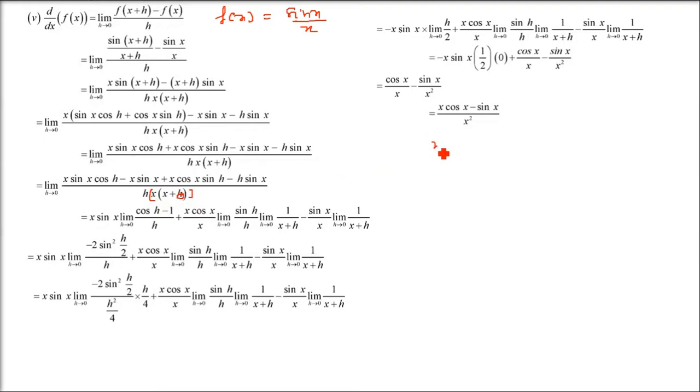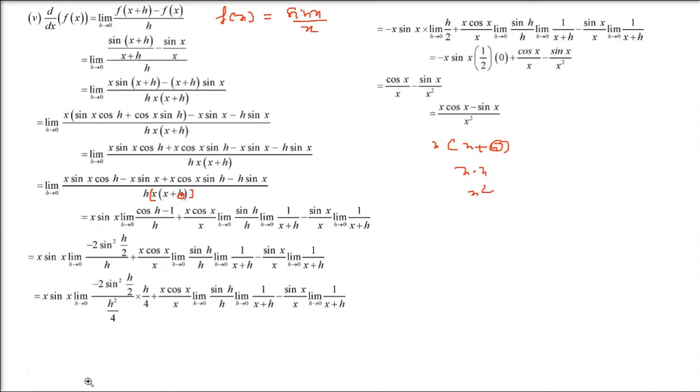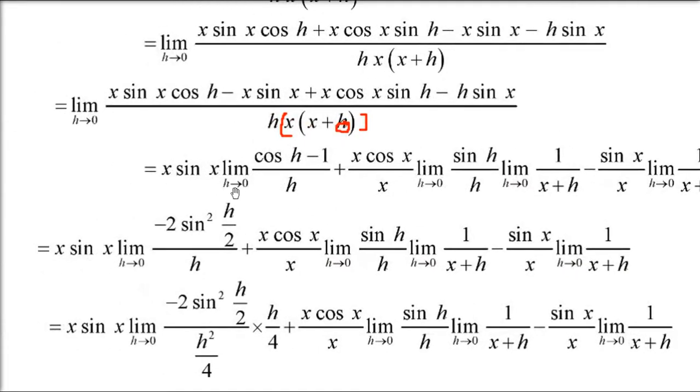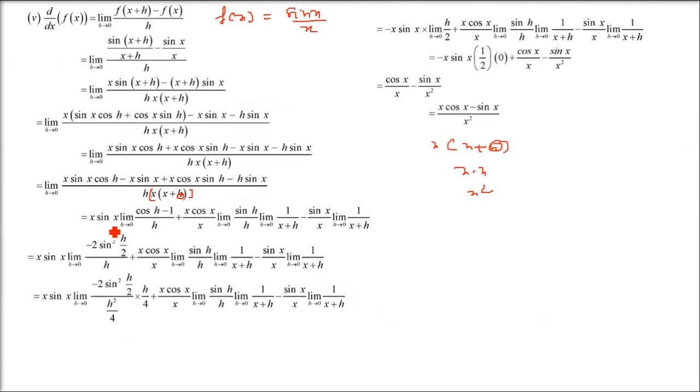I am just applying the limit for x plus h. h is 0, so x square will be there in the denominator everywhere. I'll deal with the first one because we know that it will eventually be 0, because (cos h minus 1) by h is going to be 0. We have done the question like this. You just assume that we have x square in the denominator. Now x cos x by x, the x we have utilized. Now sin h by h, that h also we utilized. Then 1 by x plus h, just take it, as I said, as 0.